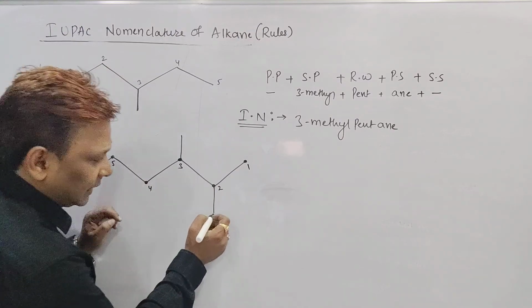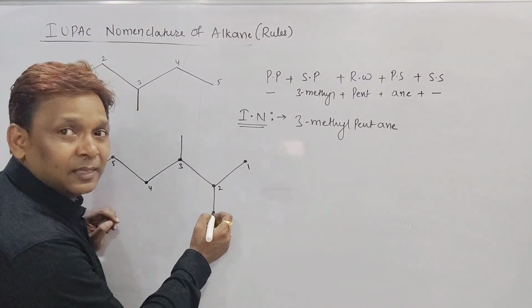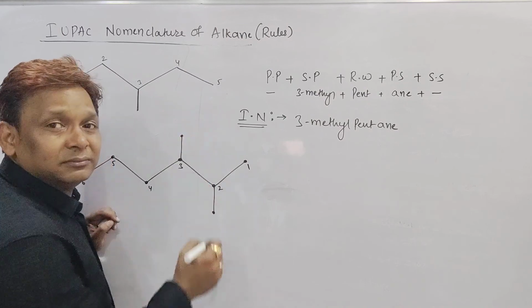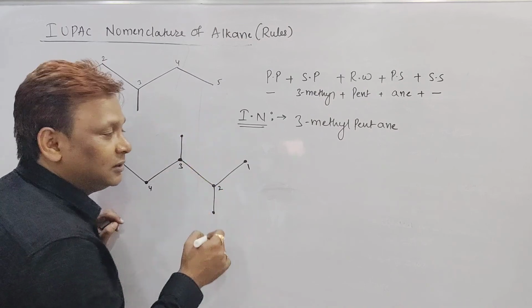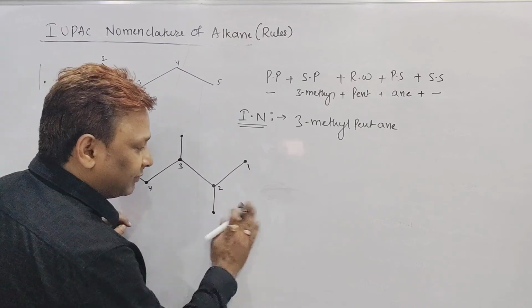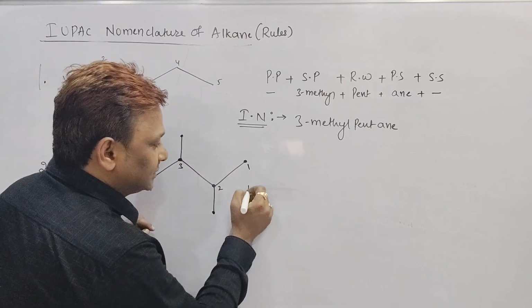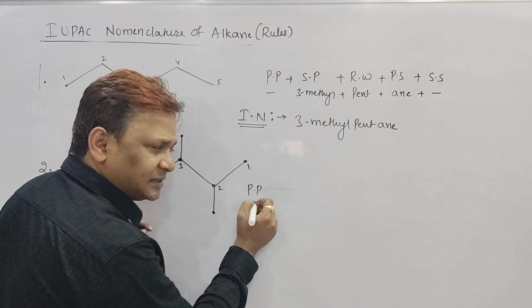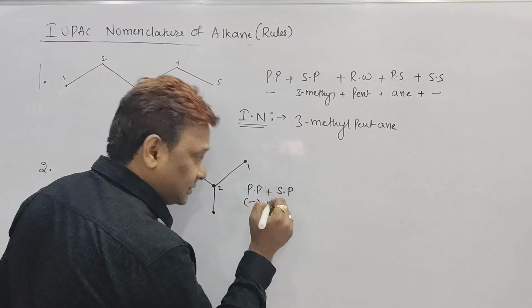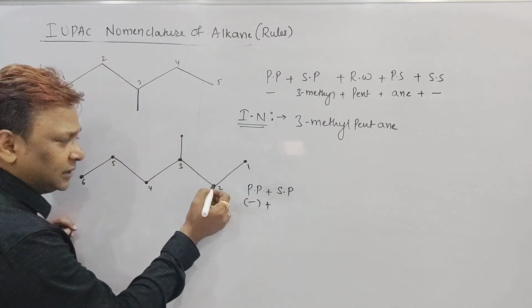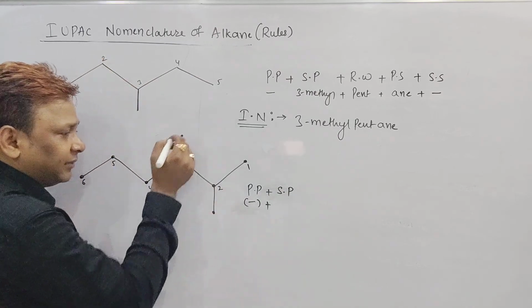Now, what is the name of this substituent, beta? Methyl. What is the name of this substituent? Methyl. Present on which position, beta? Second and third. So how to write the IUPAC name? One second, I'll write the skeleton. Sir, are you having any primary prefix here? No. Are you having any secondary prefix here? Yes. Which position? Second has 1 methyl, third has 1 methyl.